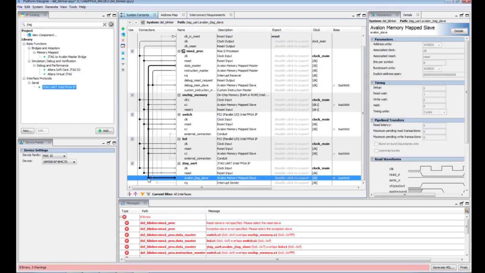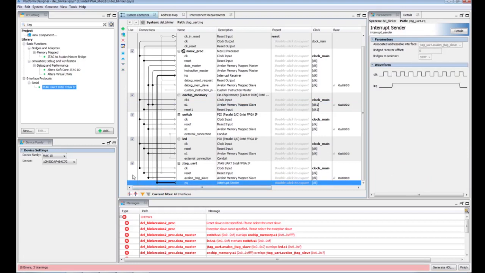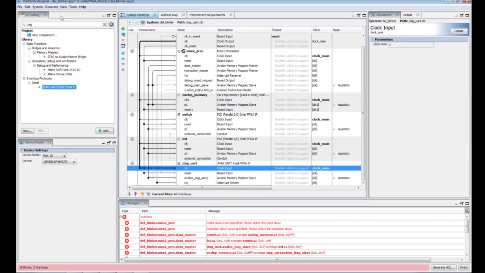And then once everything is connected, we will assign our base address, and then change our vectors of the processor. And one last thing before generating our code, because our circuit is ready, we will